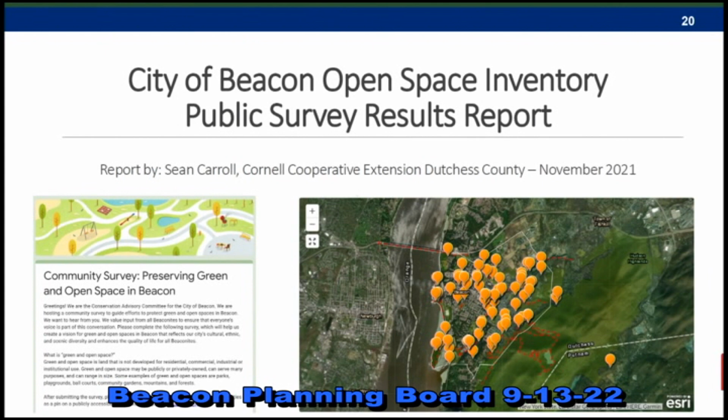There was a written survey asking people about their priorities for conservation and for green spaces in the city and recreation. And then there was also a mapping kind of tool that people could drop pins on to identify locations that they thought were important or potential opportunities for new recreation assets. So that project was summarized. Sean gave a presentation to the Common Council last year, and it's on the website if anybody wants to read it. And it's a good first start, getting the public talking about this topic, and could lead into a wider